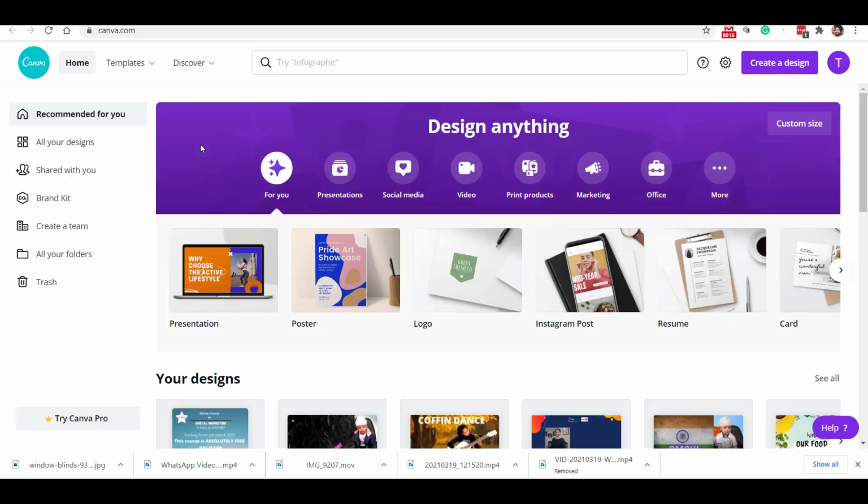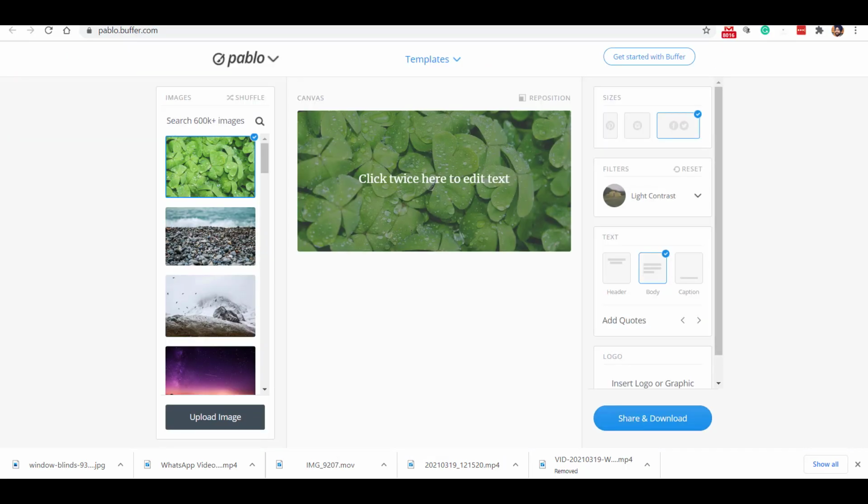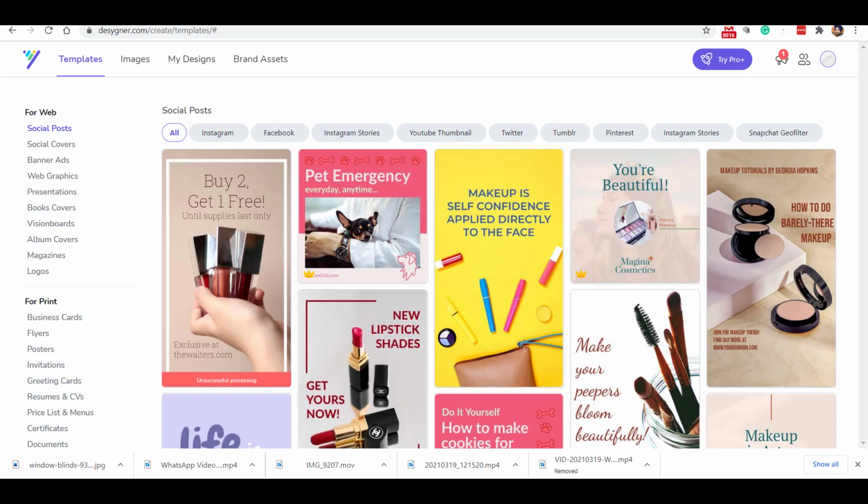We know that an image plays a very important role in ad creation to grab the audience's attention. But the question is, how to design images with beautiful backgrounds and attractive text. I am sharing a few tools with you to create stunning images for Facebook ads. Just give a try to these tools: Canva, Adobe Spark, Pablo, Designer, which is my favorite one, and Snappa. These tools are very easy to use and you will surely enjoy them.